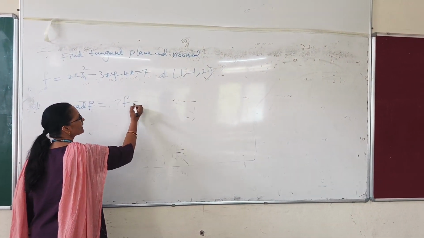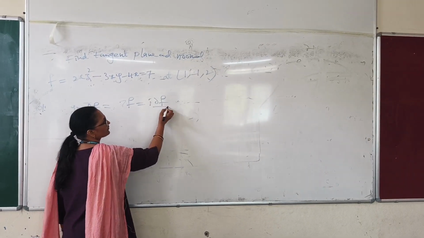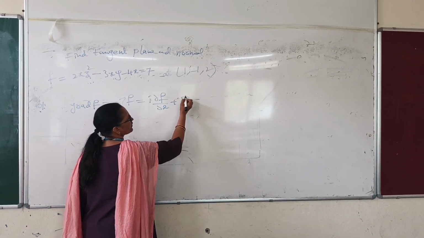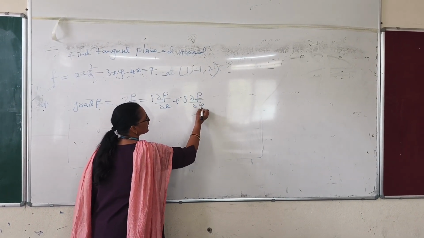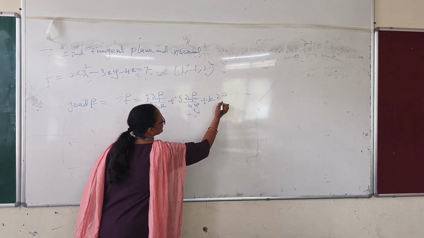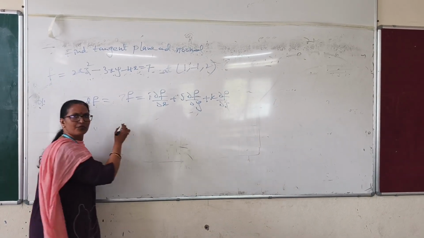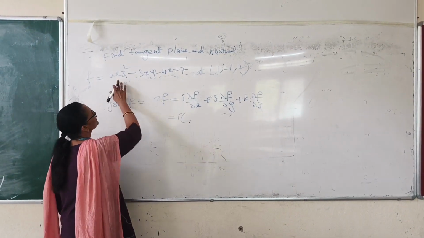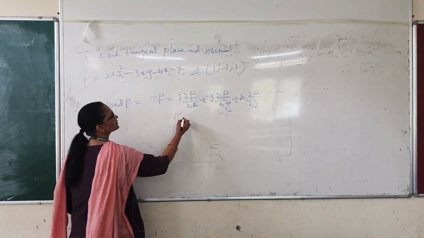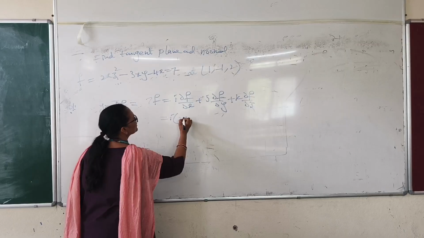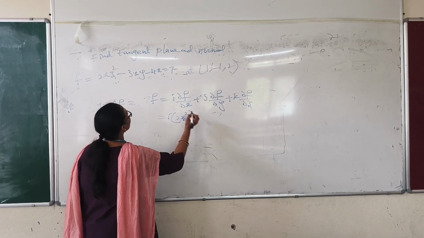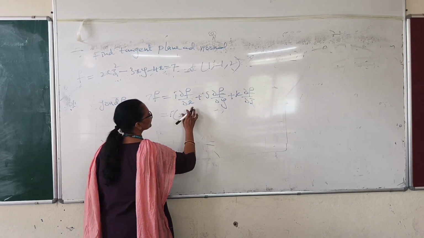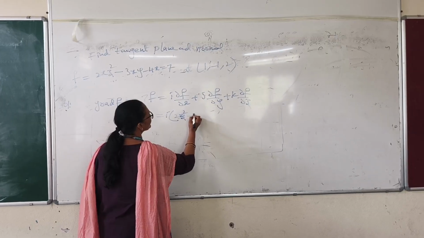So let us write the formula first. With respect to x, y, z, let us write this differentiation for the given surface. So let us find the gradient, the partial derivative with respect to i. With respect to x, the other variables are constant. That's why here we get 2z squared. Next, the derivative of x is 1. So that's why it is minus 3y minus 4. The derivative of a constant is 0.